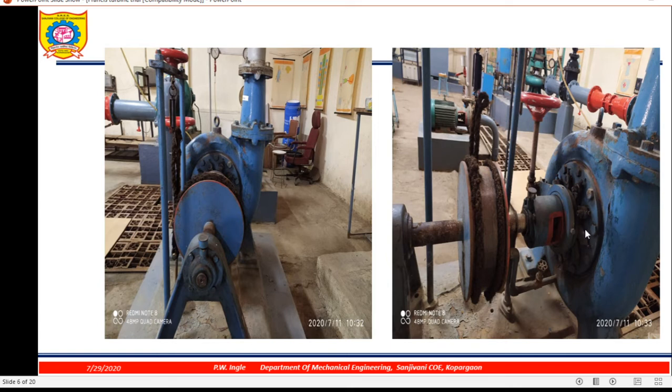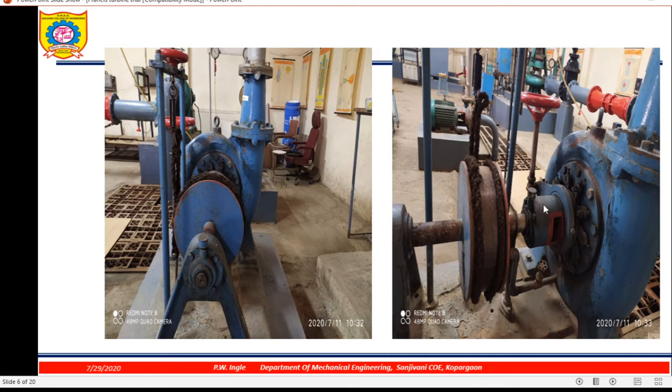Now why do we require this? Because guide vanes are movable, and this part plays the role of governing. What is governing? Governing is nothing but control of the flow of water with respect to load. If load increases, speed of shaft decreases, but we have to maintain the speed constant, so you supply more water. Load increases, speed decreases, so you can restrict or increase the flow of water, and that can be done using this hand wheel. So in an actual turbine, this hand wheel replaces the governor.